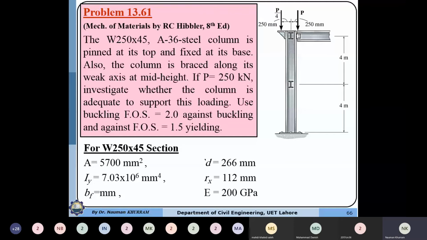So this is a problem here. I'm not going to solve this problem, but I'm just going to give you a hint how to solve it. This problem is from the book Mechanics of Materials by R.C. Hibbeler, 8th edition. The problem number is 13.61. The column